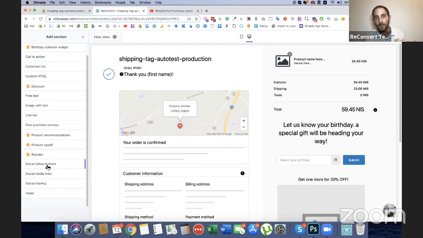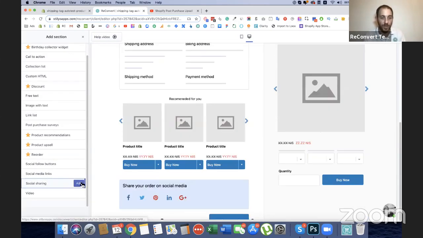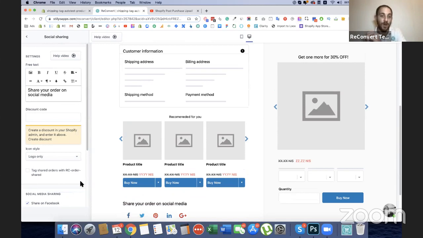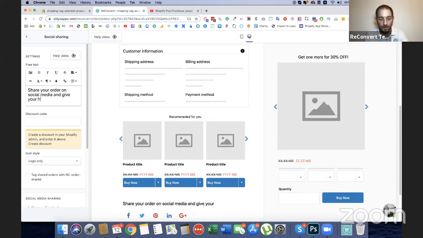Now you can do the same to just link to your social profile, and then customers can actually go to your Facebook page and follow you or anything like that. But we're just going to use the social sharing widget, which allows your customers to share their order on social media. And you can also incentivize them to do so by providing their friends a coupon. So something like share your order on social media and give your friend 10% off